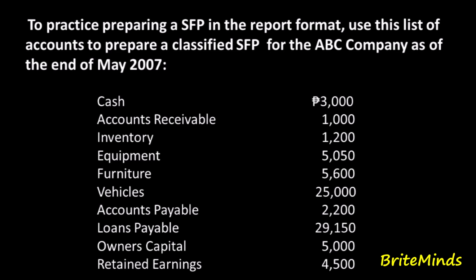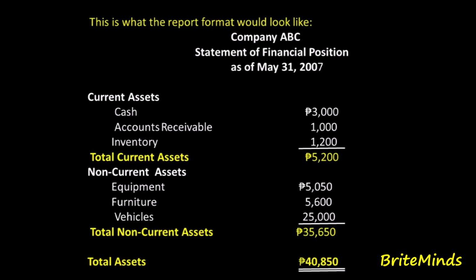Okay, so we prepare a classified statement of financial position in the report form for the ABC company. Okay, so this is what the report format would look like. Okay, so don't forget to write the headings of the business entity, which is the company ABC, and then the financial report, statement of financial position, and the date. Okay, so as of May 31,